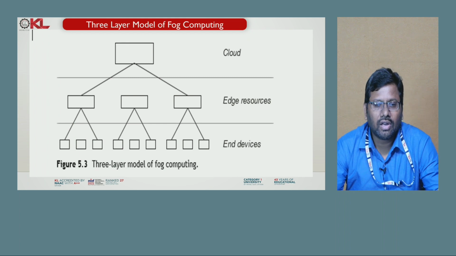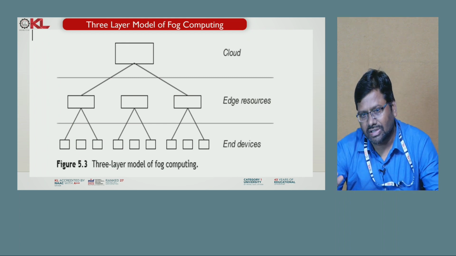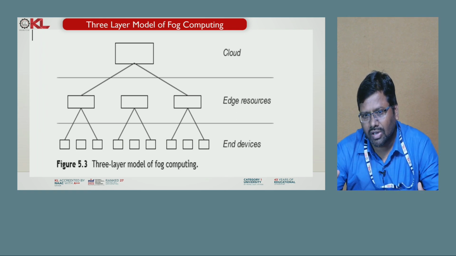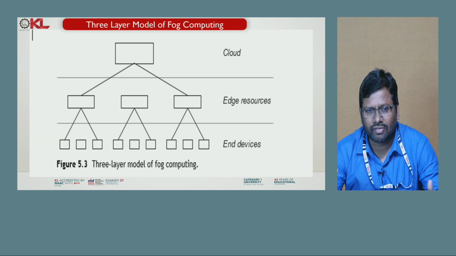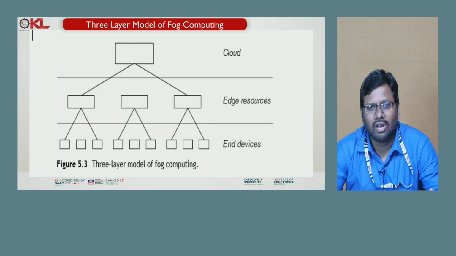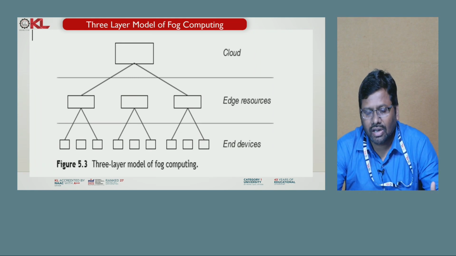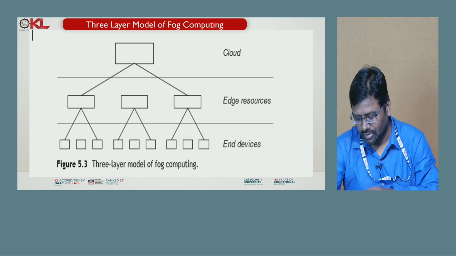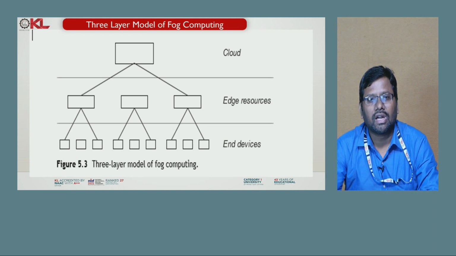Suppose the sensors are the end devices, and they want to get a reply immediately. Is it better to connect them to the edge resources or to the cloud? Definitely there is a connection between the cloud and the edge resources, there is no question about that. But to get an instant response, we could connect to the nearby edge resources. So I think that real-time example gives a good scenario to understand the concept of edge computing.